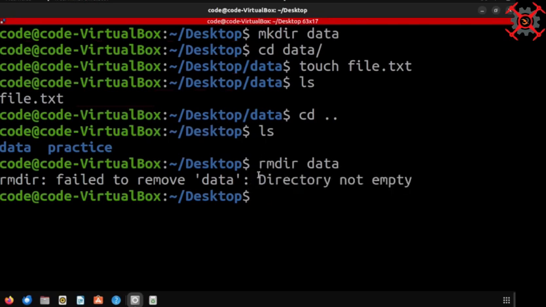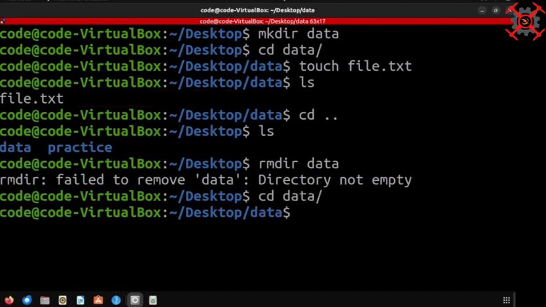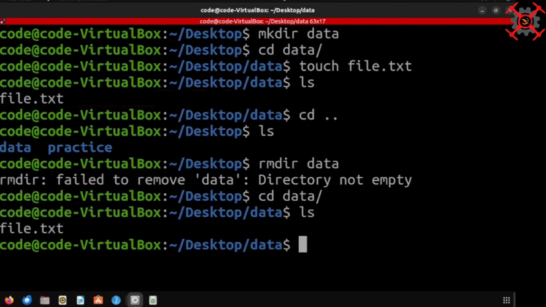So yeah, the first thing is I need to go inside that data folder. I need to remove that particular file. How to remove a particular file? I'm not talking about the folder. For removing the folder, I'm having rmdir. How to remove a file? So let's check on that. I'll just get into the data folder. Fine. Let me just cross verify. The file is there. I'll use, instead of rmdir,